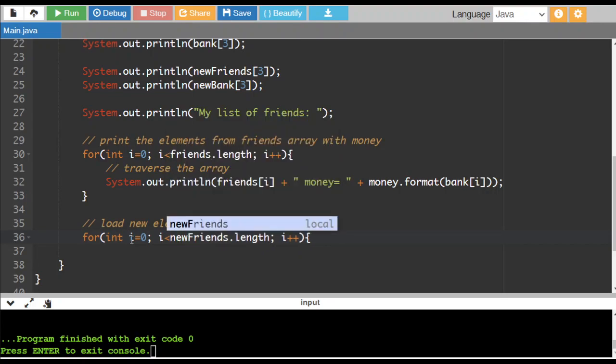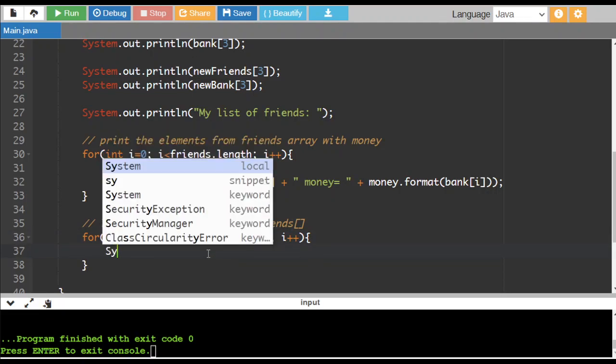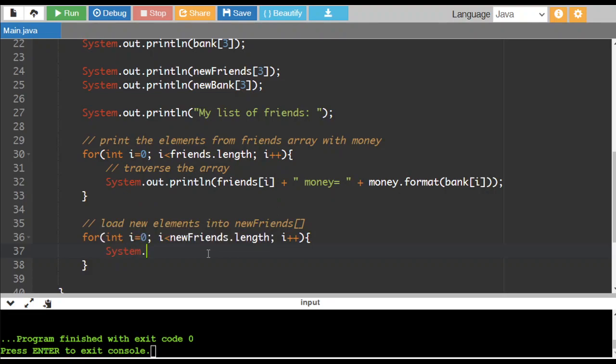I'm going to make sure that I am putting the current array that I'm working on, because we're going to be using new friends. Although they're the same length, you should probably put the name of the array you're really working with here. Okay, so each time we go through this, so we're going to go